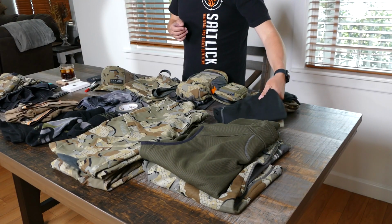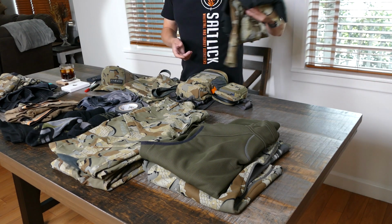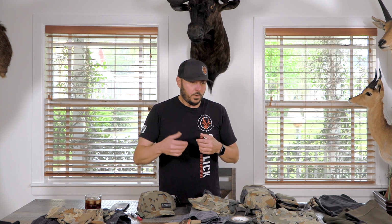Coming back here, we're going to do 2 base layers. These are both from Kuiu. They're just Kuiu base layers, long sleeve. I've got 2 mids here. These are also from Kuiu. They're zip up, so you can take them on and off. Like I said, layering is key for that time of year and that kind of hunt. So you want something that'll zip on and off real easy,